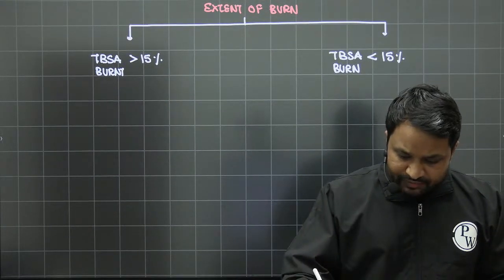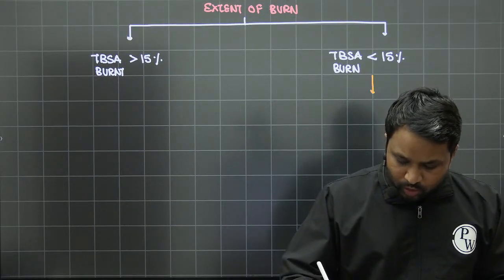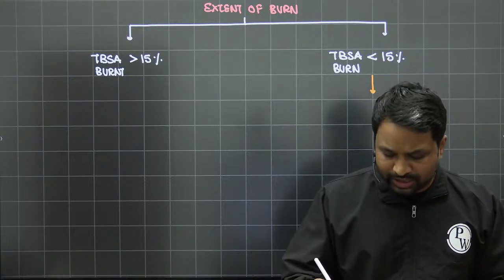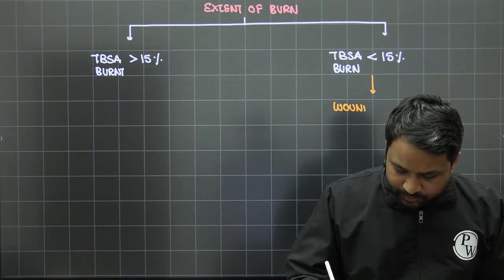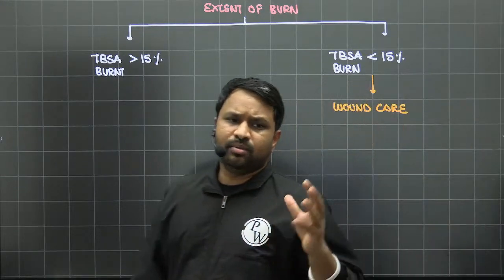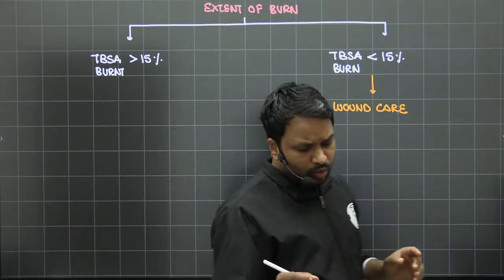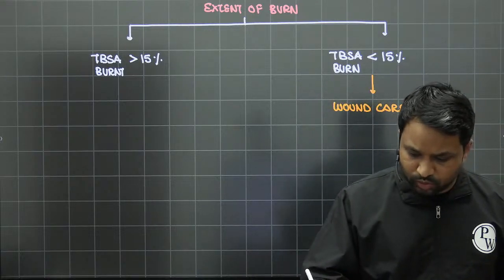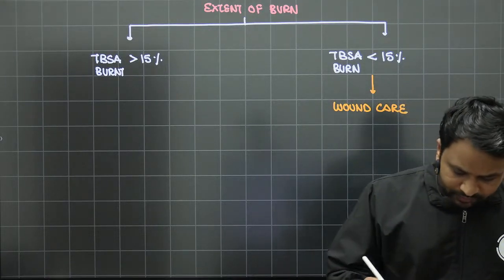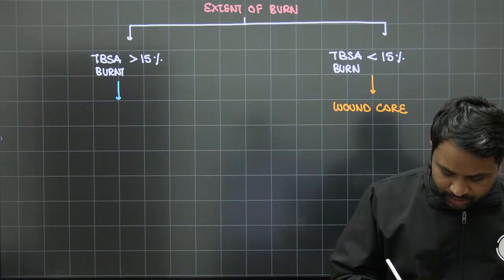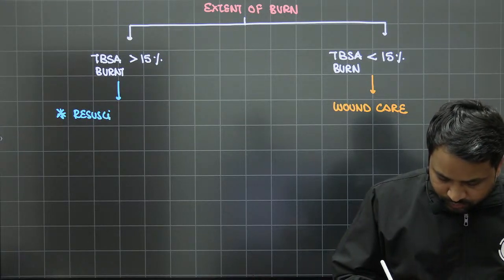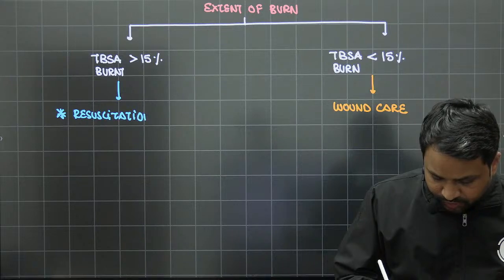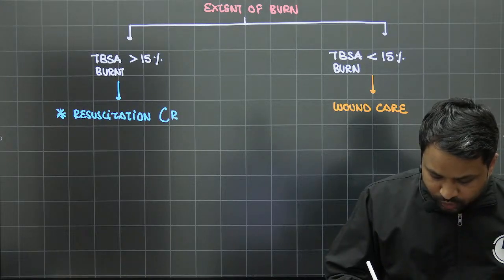For an insignificant burn, it is going to be local management, that is your moist dressings and all that. So here it is only going to be basic wound care. We'll discuss in detail how we do wound care. If it is less than 15%, it is restricted to the wound care component. But if it is more than 15%, then you have to go ahead with resuscitation of the burn,